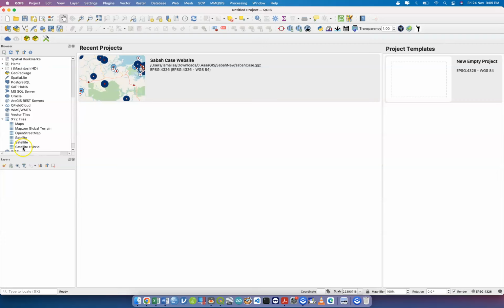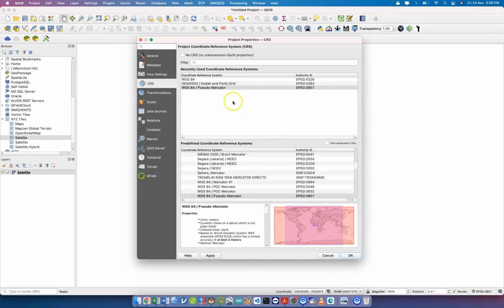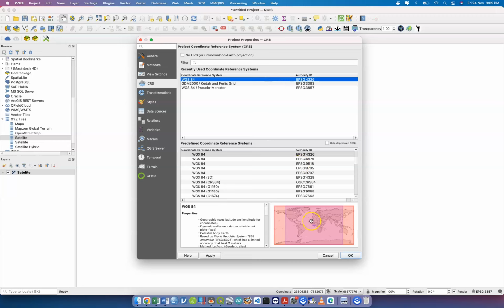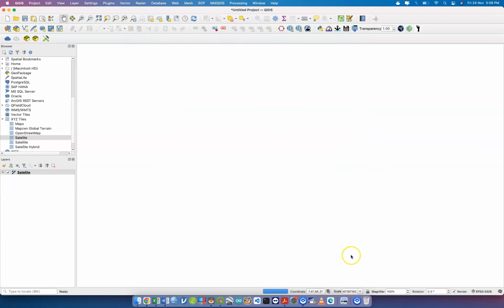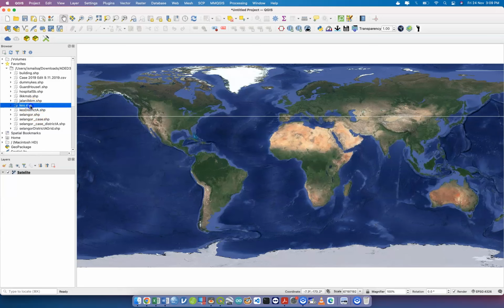Going to continue our discussion before. As you know, you might want to put some satellite image just to give some layer. Yes, and then make sure that you position your map according to the appropriate WGS84 EPSG 4326 coordinate reference system. After that, as you know, we are going to load also our case file, which is our case yang